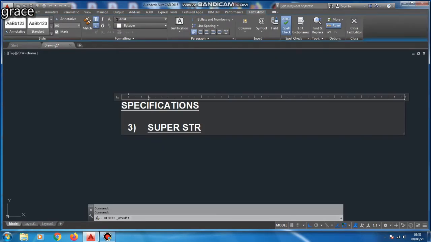I am going to type superstructure by using the dimension style. I am going to specify the specifications of our given diagram.